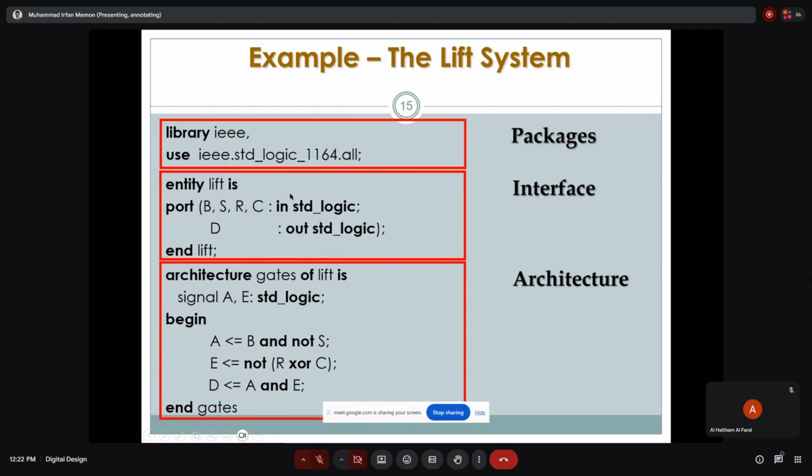Now the entity, as it is the interface, is the black box of the system, which shows the interfaces, the ports, the inputs and outputs of the system. So, say we are designing an entity for a lift system, for which we are designing the hardware. We have the library, and we have given the entity the name lift. Entity and is are the keywords as we discussed earlier, and lift is the entity name which we have given to it. Port